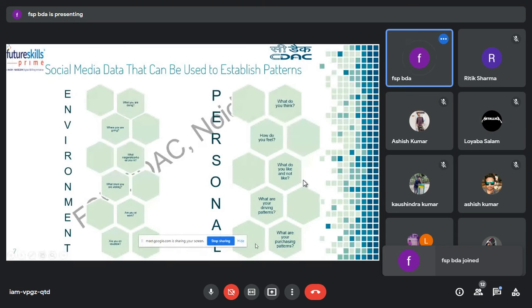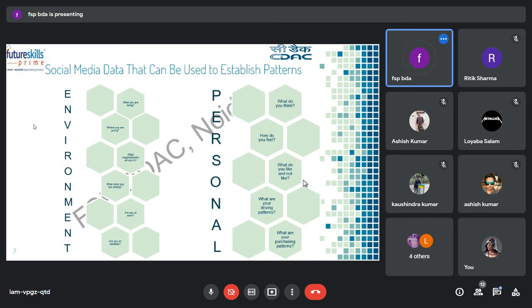Okay, so see, social media data can be used to establish patterns. In social media, I don't know if people still upload all those things now, but earlier it was very common that generally young people upload what they are doing, where they are going, even if they are going by a flight or to any tourist place, they upload what they are eating.